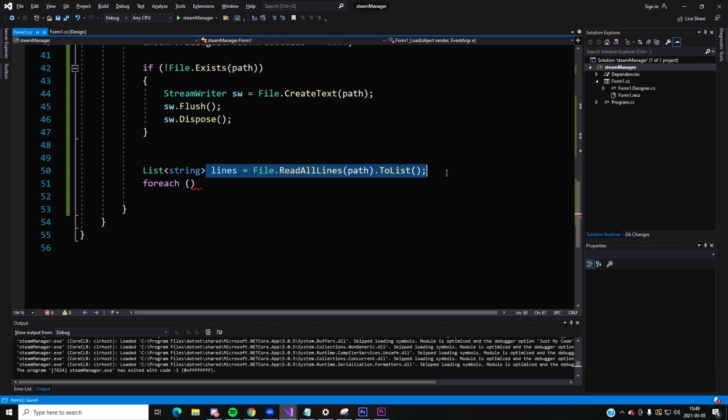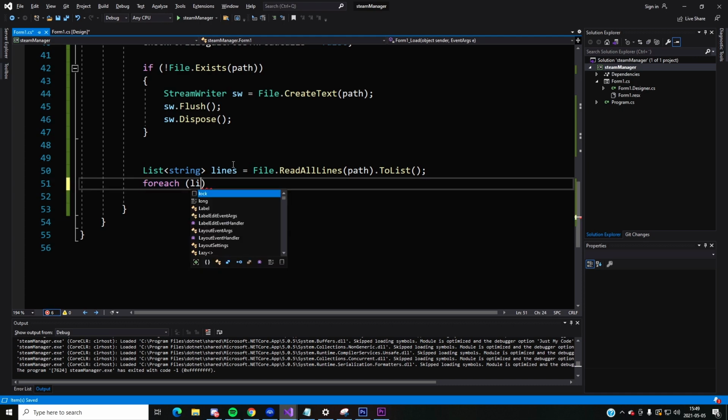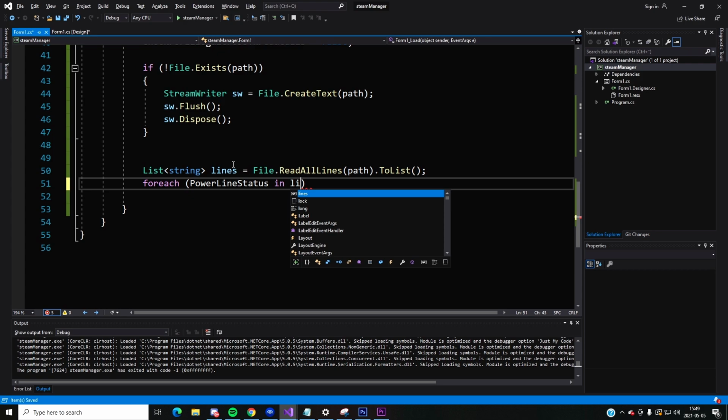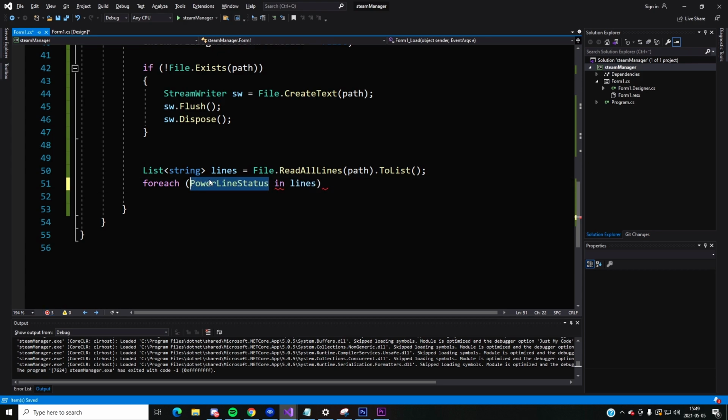So now we get the information inside a list. We can loop for each line in lines. That's my bad, var line. So this is for each string. I think you can enter string as well, but for each string inside this string array, we'll get our